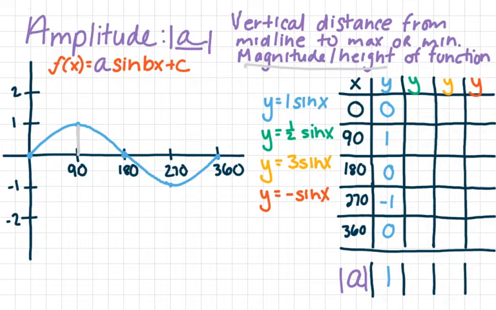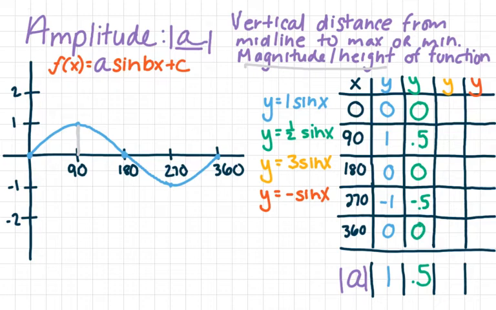So in this case, our amplitude for the graph y is equal to 1/2 sine of x would be equal to 0.5. And each of our y values would also change as well, like we were multiplying by 0.5. So 0 times 0.5 would be equal to 0. 1 times 0.5 would be 0.5. 0, negative 0.5,